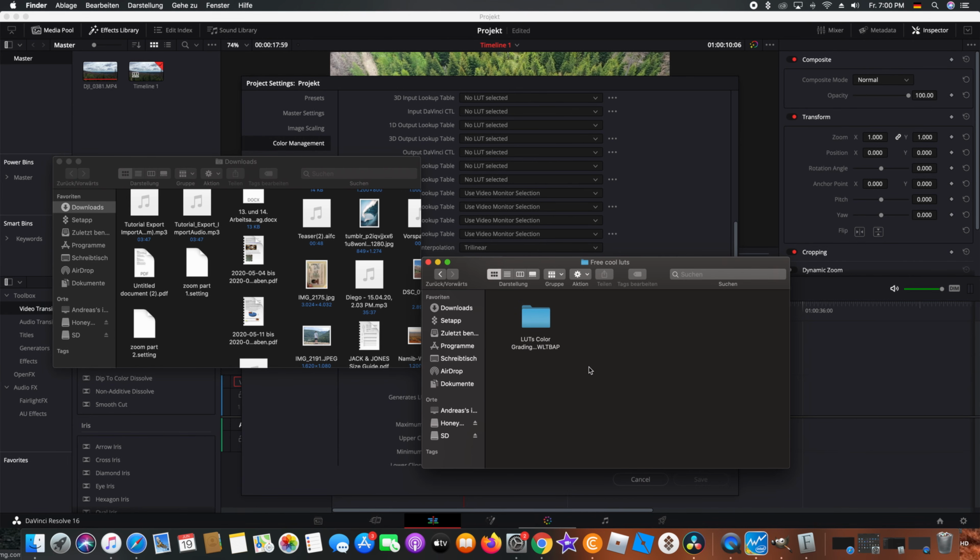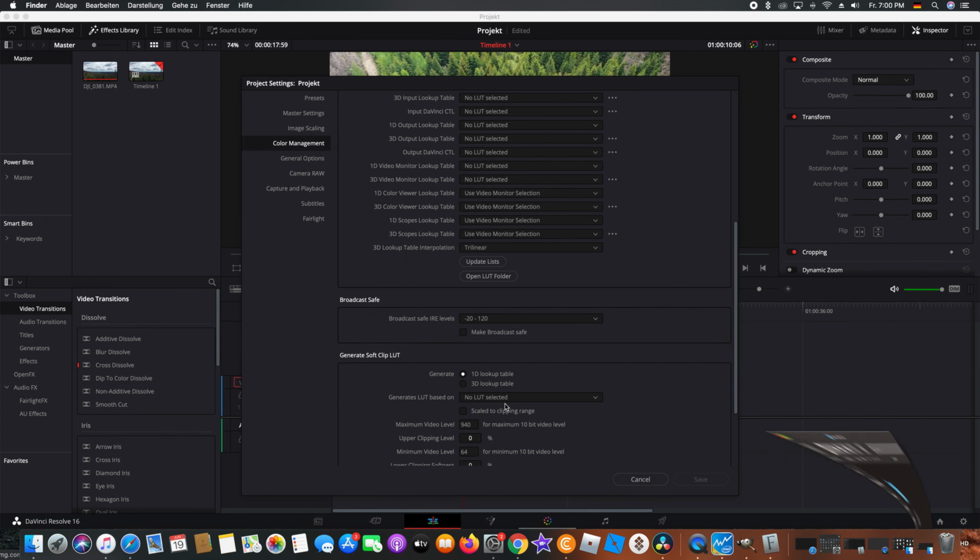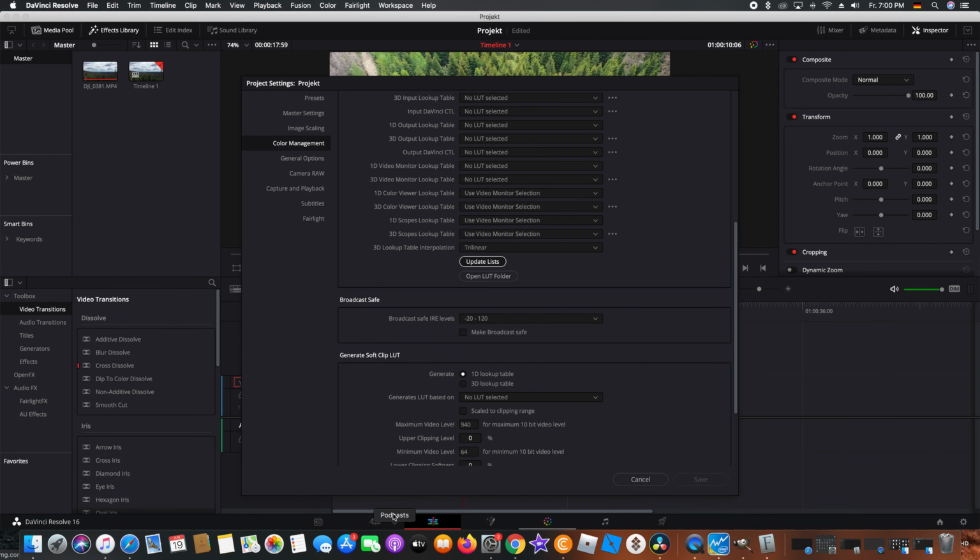We only need that one. Press on update lists. Now your computer is searching for new updates in your LUTs list. Okay, finished. Now you can press cancel or save,